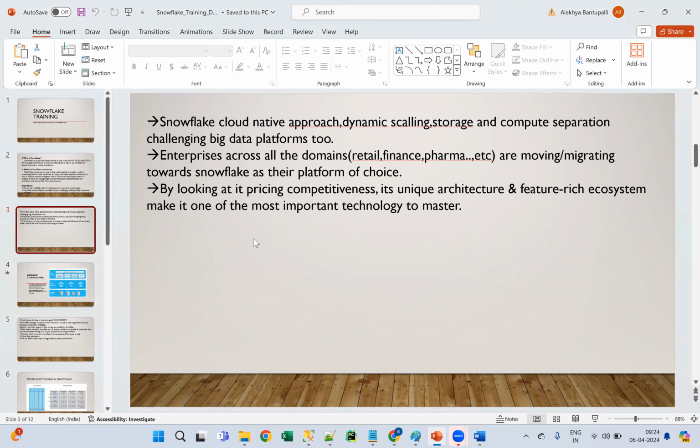And Snowflake's cloud-native approach, dynamic scaling, storage and compute separation, is challenging big data platforms too. And here, Snowflake has, I already told you, wonderful features. On top of that, it also has dynamic scaling, and storage and compute separation. Storage and compute separation, which means, guys,